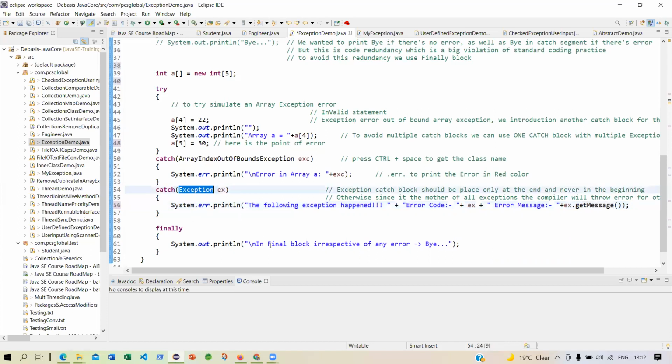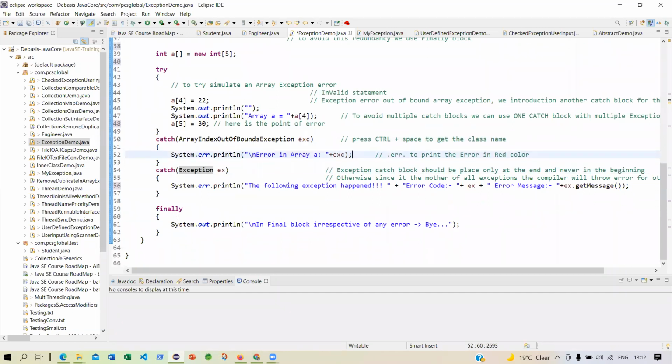This runs only if I get an exception that is not an array index out of bound exception. If it is an array index out of bound exception, I will not go to this; I will go and handle that. That's all. But I will continue. I will come to the finally and say that I'm in the finally block irrespective of any error. Even if there is no error, I will be in the finally block, because this finally block is used to